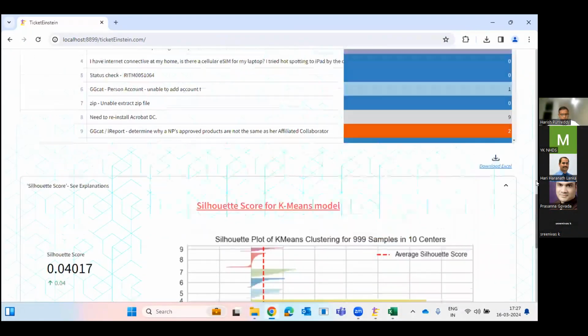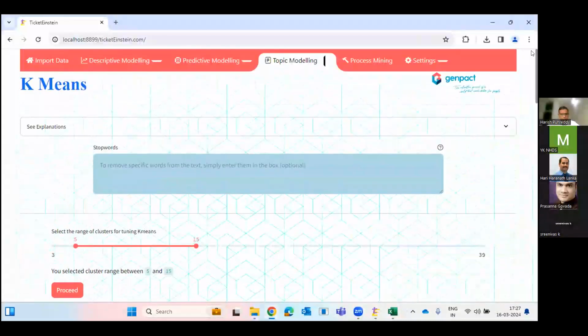And another area wherein the topic modeling was used, and I'll stop my demonstration then, is in one of the other projects wherein that was for major incident management or problem management. And this clustering helped the problem management team cluster together similar sets of incidents or recurring incidents, which would positively result in a problem emanating out of it.